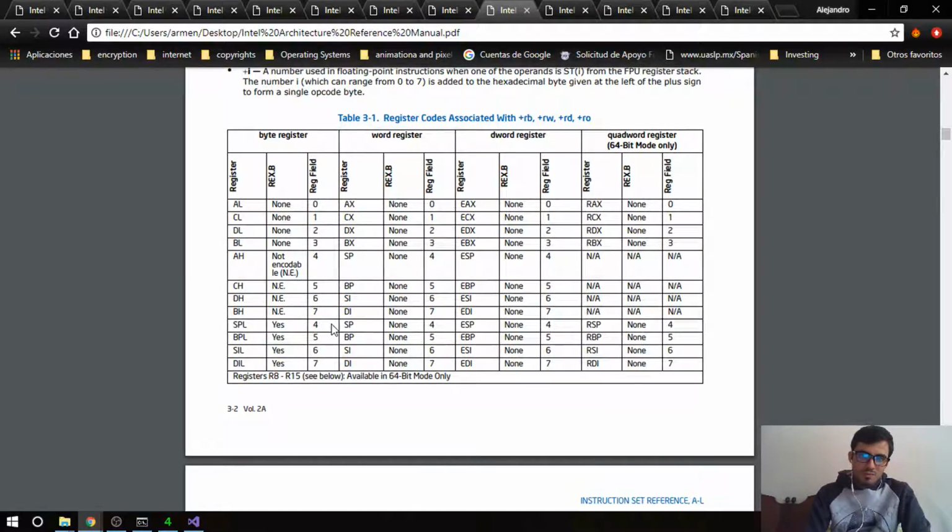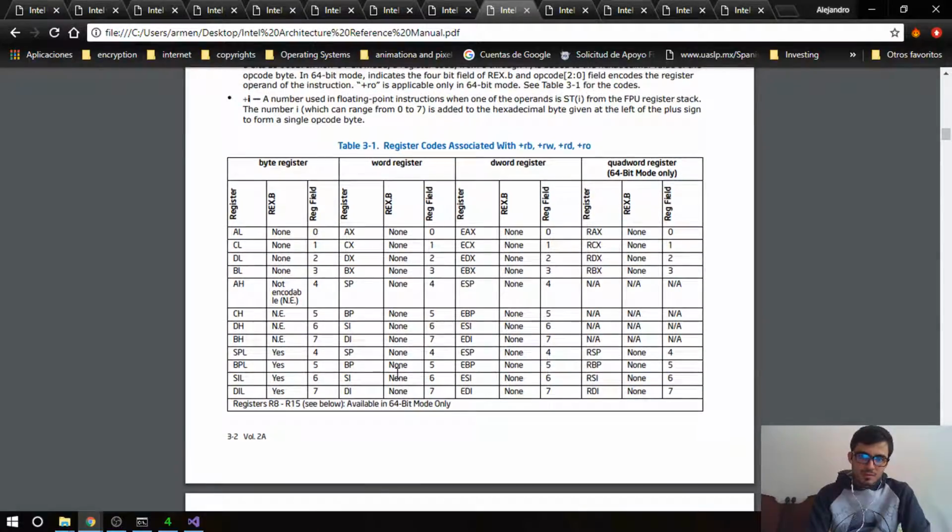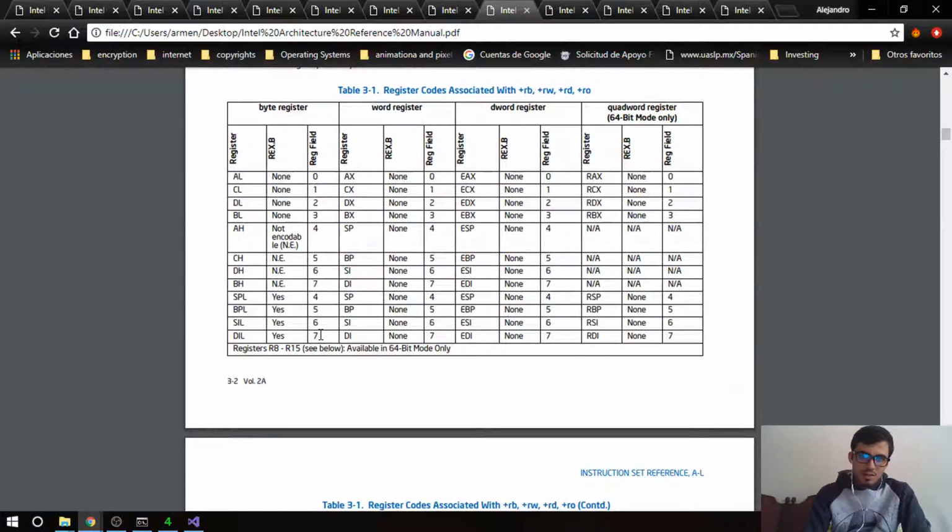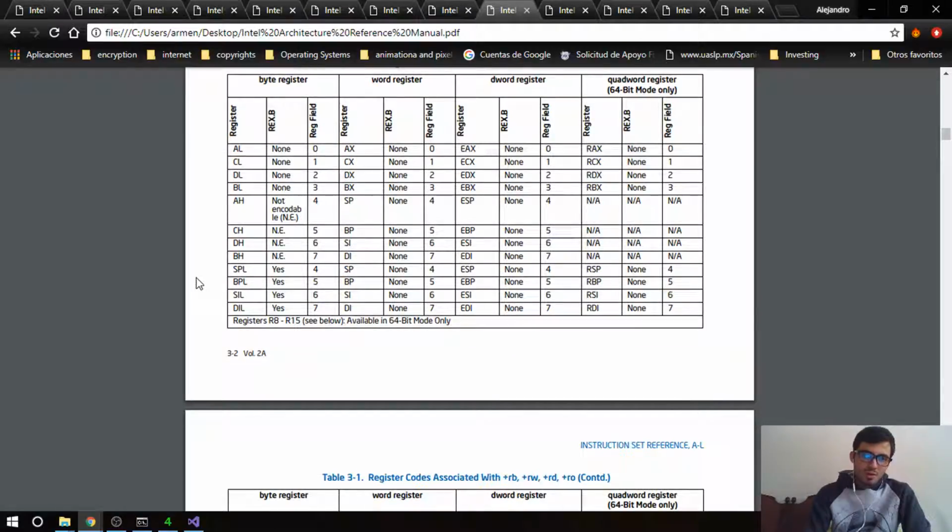7 for DI, SI, DI, SP, BP, which is the same here, you see, SP, BP, SI, DI, and then we have, okay, I got you. So the difference between encoding, let's say, AH to SPL is that we use REX